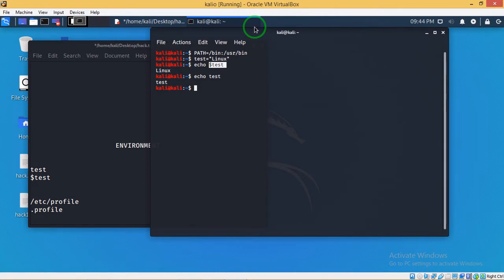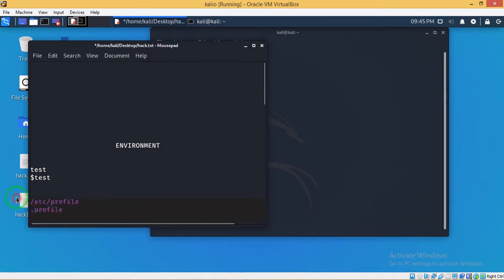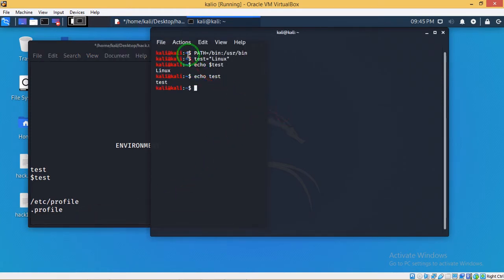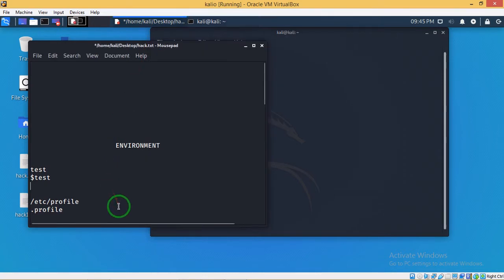This path, that is /usr/bin, has two parts, I said, right? Slash etc and slash profile. These have two types of variables, among many other types, and these two types are very important because you can change the entire thing here, the entire prompt, that is kali at kali colon slash, filled with the dollar sign. You can change this also. I said two variables, right?